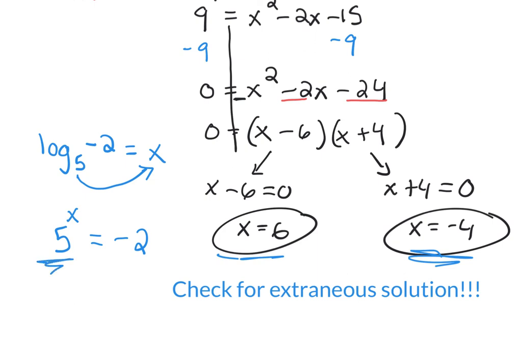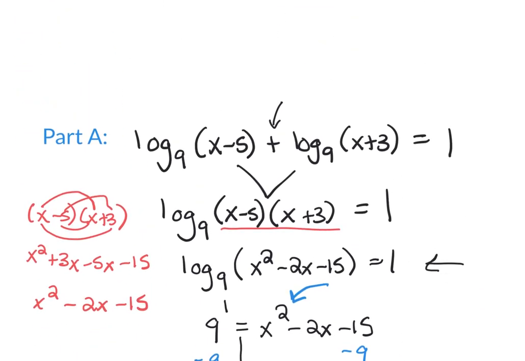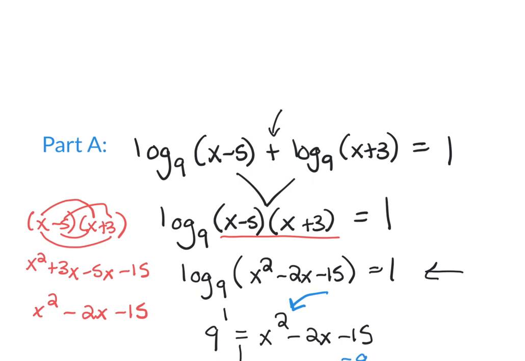If the base of an exponent is positive, we can never have a negative. So in most cases, you can go ahead and cross off your negative, but you actually do need to double check,